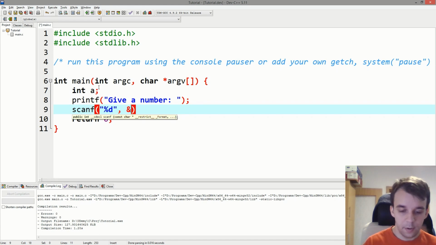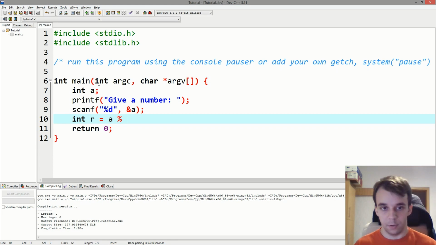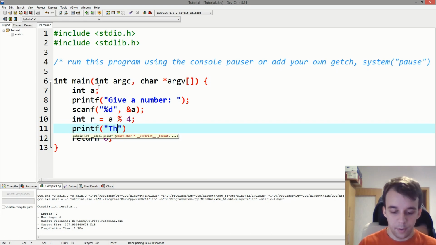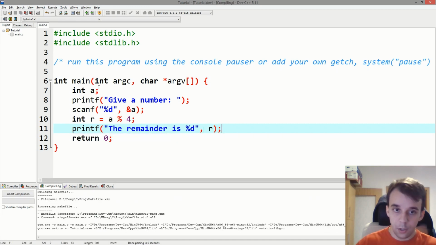So %d at a, and we're going to print, let's say int r, from remainder, is going to be equal to a, and the operator is noted like so with a %, and then you give it also a number that you want to divide by. So in this case, let's say we want to get the remainder of the division with 4, for example, and semicolon, and let's print out this. The remainder is r. If we run this,